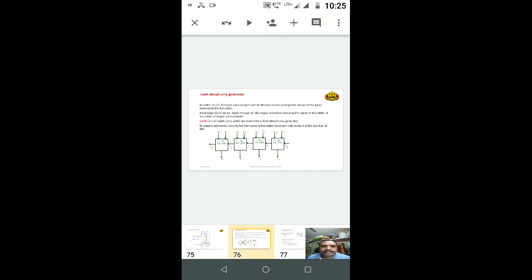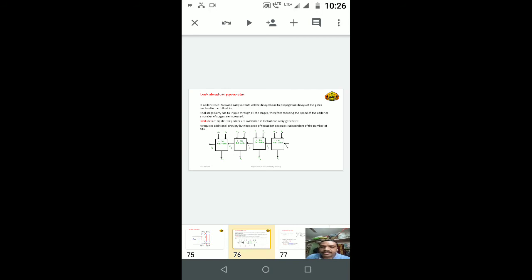This concept suggests that if you want to perform the addition of two BCD numbers, and a carry is generated from D0, this carry is passed to D1, this carry is passed to D2, and this carry is also passed to the MSB, the D3 bit. So, if you want to perform the addition of the D3 bit, you wait for this carry. So, there is some time delay.